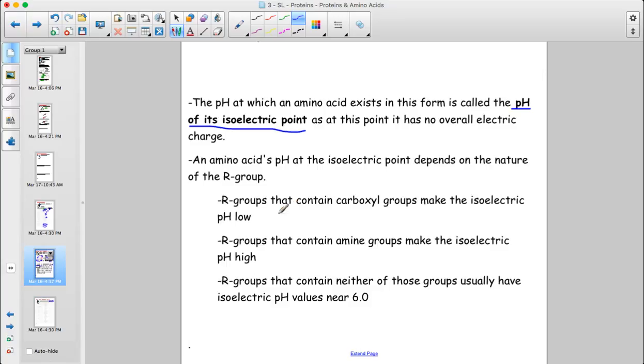Okay? And so the pH values can range a fair bit, but really it depends on what the R group is. So if R groups contain a second carboxyl group, so every amino acid has a carboxyl group, but sometimes the R groups contain one as well, that's going to make those amino acids more acidic. And so their isoelectric points are quite low. They're much lower than 7. If your R group contains amine functional groups, amines are weak bases, and so that tends to make the isoelectric point quite high. And if your R group just contains like hydrocarbon or something that's not acidic or basic, then the value tends to be around 6, somewhere in the 5 to 6 range.